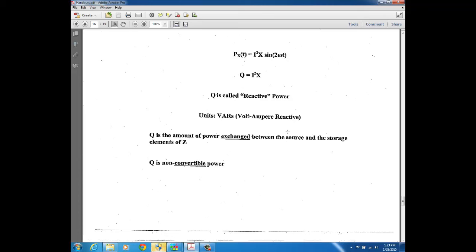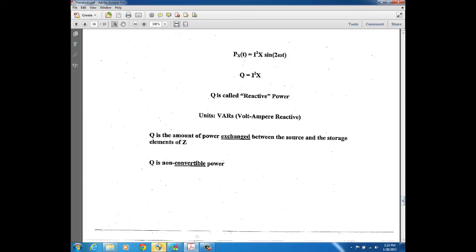And because this power is being exchanged, because it's not absorbed by the impedance, it doesn't stay with the impedance, so it's non-convertible. Power has to be absorbed by the impedance in order to have any chance of being converted from electrical into some other form of power. Alright,